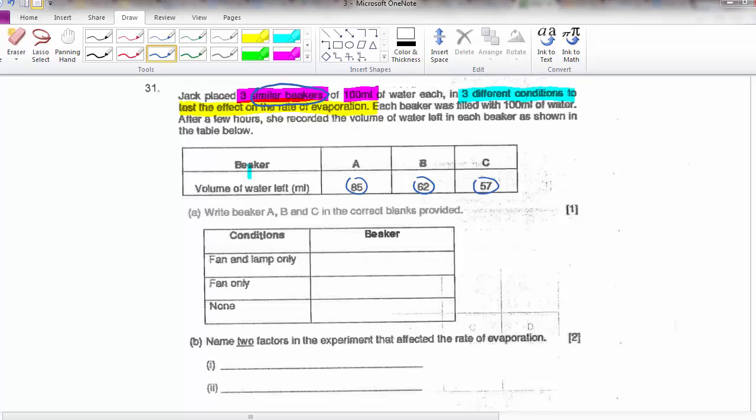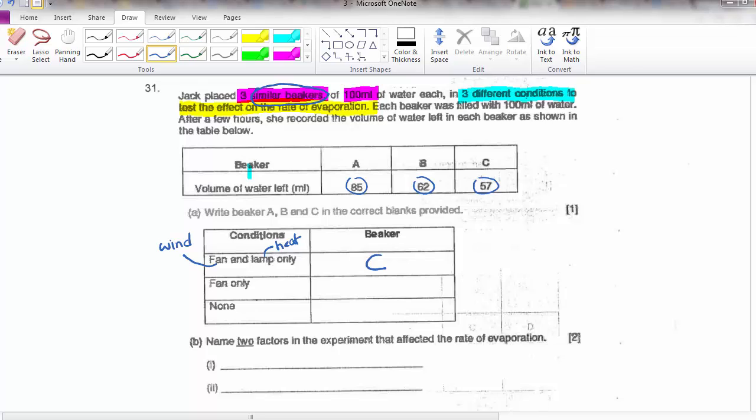So if you look here, fan, this is wind. My lamp, this is heat. So for this beaker, I have both fan and lamp, so that means I have both wind and heat. So if I have both conditions combined, my rate of evaporation will be the fastest. So which is the one that will have the least amount of water? And that's C. So C will be this beaker that has fan and lamp, because its evaporation will be the